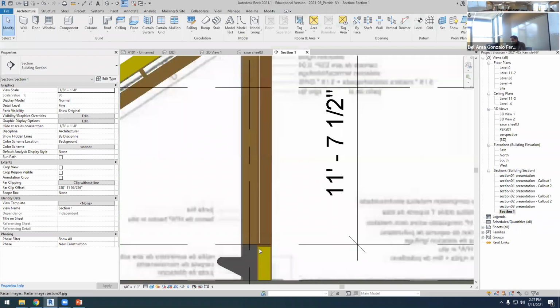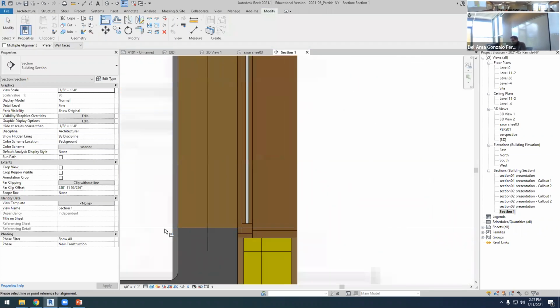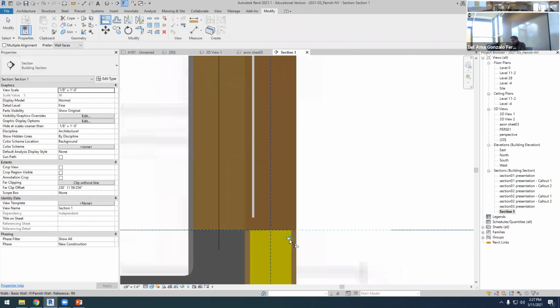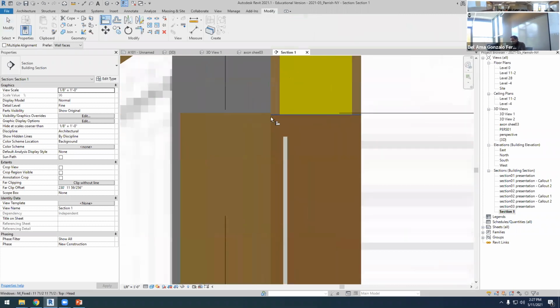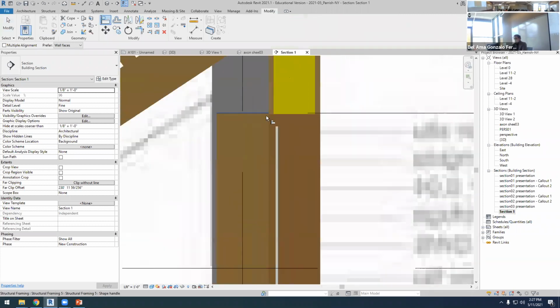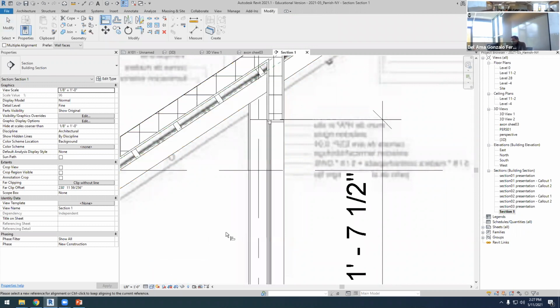Yeah. Well, it's here, but then I need to align this there. And if everything goes well, yes, so this is just at the bottom of this beam. Okay, I'm going to use